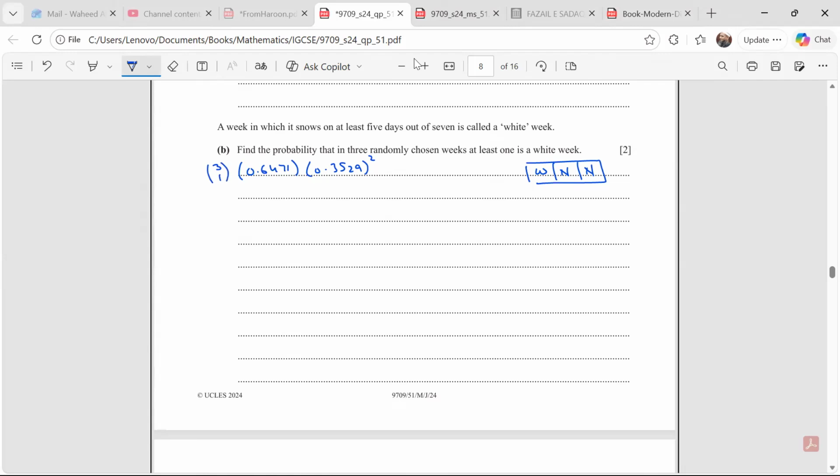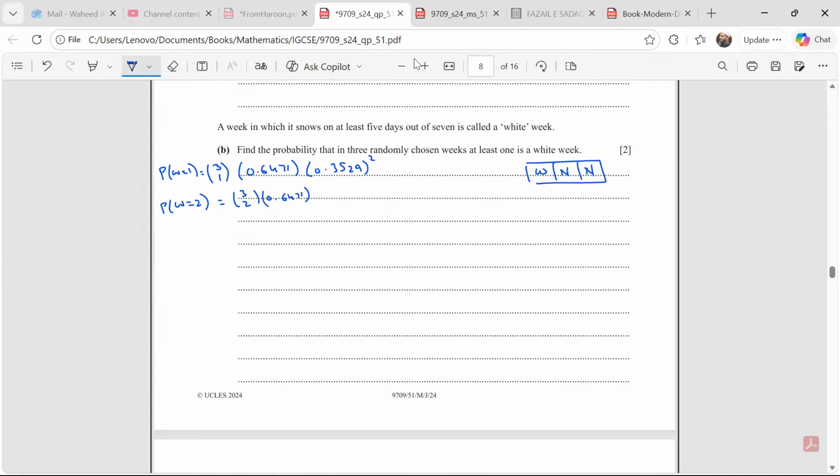Okay. Now, what's the probability? So this is the probability that at least one week is white. So this is the probability that white is one. 1 week is white, right? Okay. What's the probability that we have 2 weeks are white? Okay. So of course that is going to be 3 combination 2,